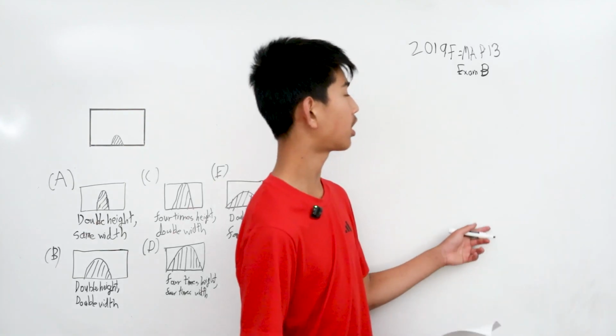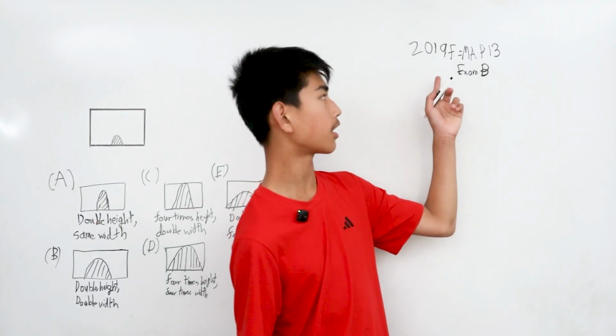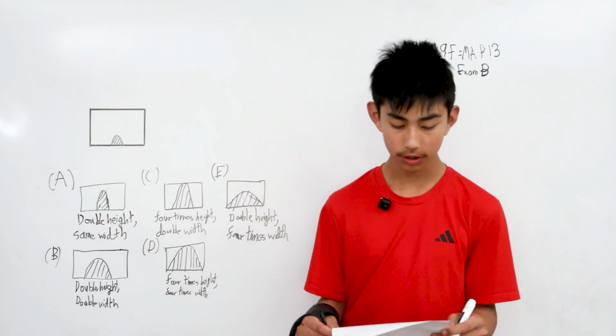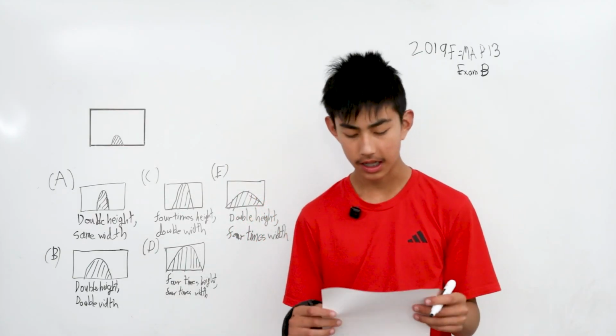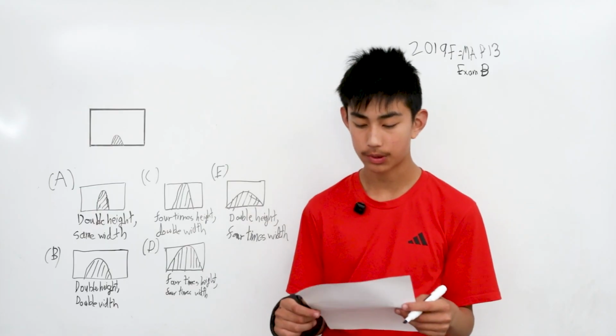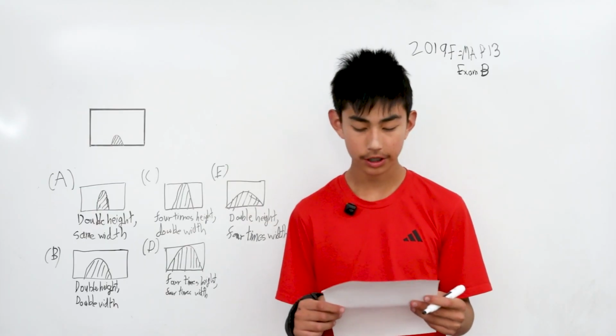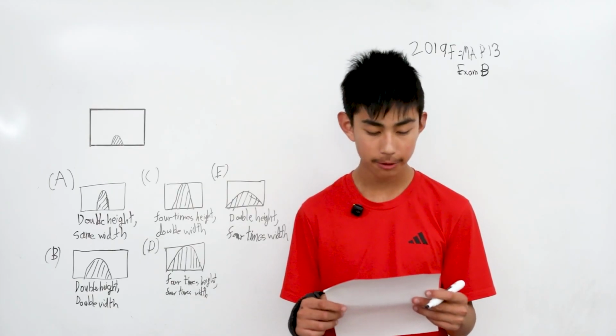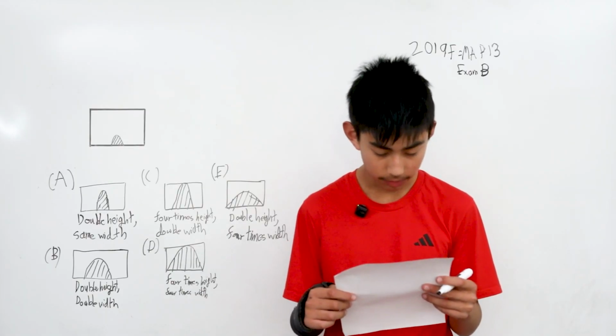We're solving problem 13 from the 2019 F equals MA exam B. A water hose is at ground level against the base of a large wall. By aiming the hose at some angle and squirting water at a speed v, one wets a region on the